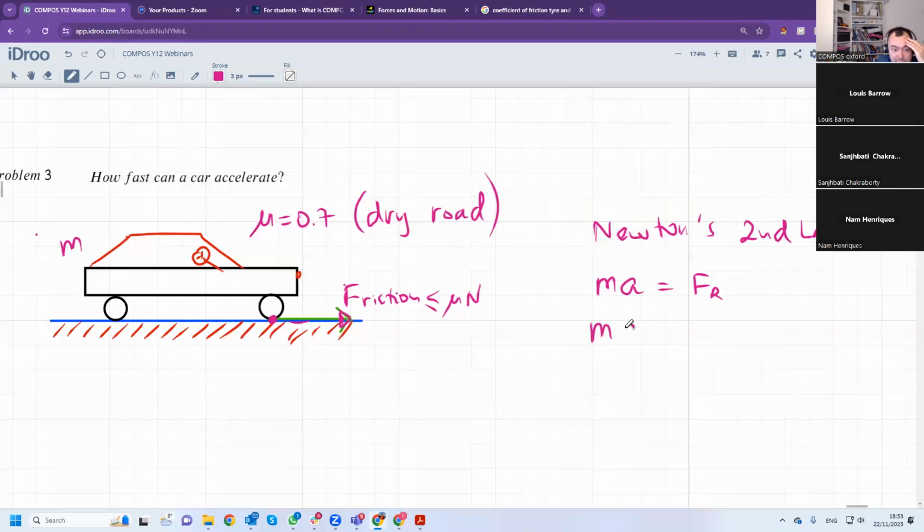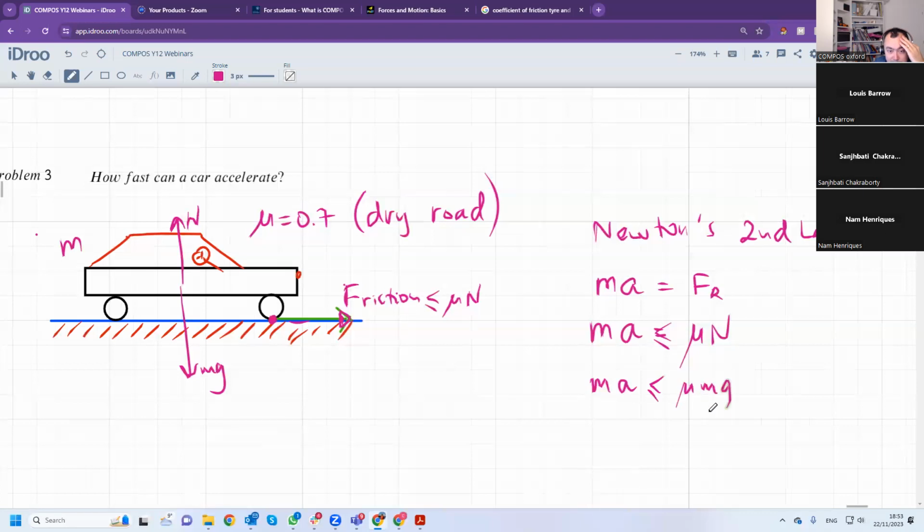So mass times acceleration is the friction force, which is less than or equal to mu N. And mu N is mu mg, because you have mg and you have the normal reaction force. So mass times acceleration is less than